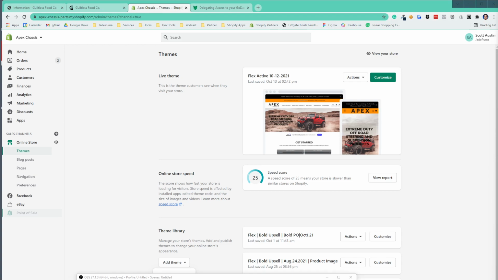And what you can see is there's three things we need to change here. The first one is going to be the password. The second one is the theme ID. And the third one is the store domain. So let's get that password first. That was right here. So I've got to copy the password. And you can see it starts with